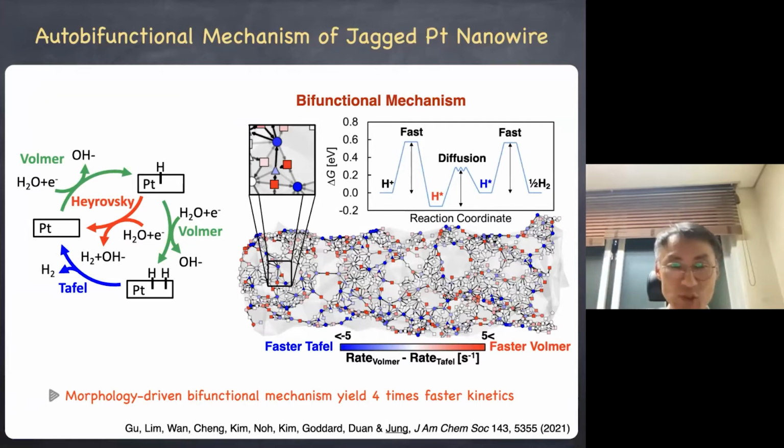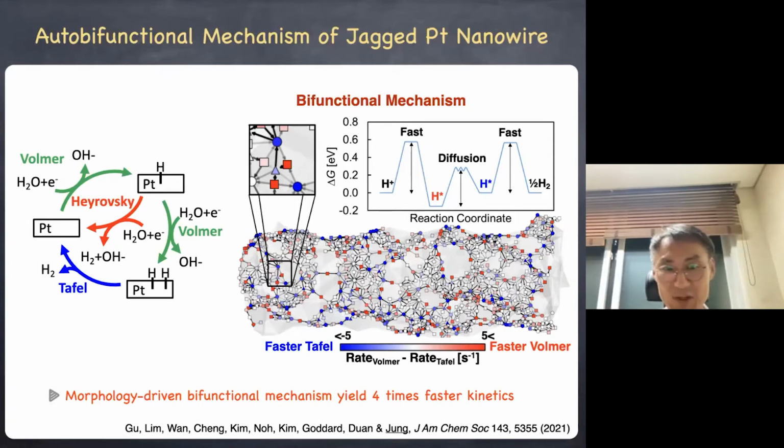First step is the adsorption of hydrogen from water onto the platinum surface, and the second hydrogen comes in. And then these two hydrogens are coupled to produce hydrogen molecules. The first step is called Volmer, and the second step is called Tafel. And we find that some of these active sites are very good at hydrogen adsorption, and some of the sites are